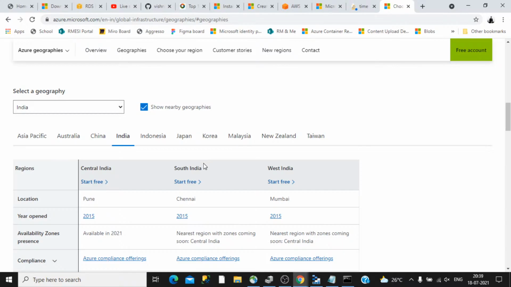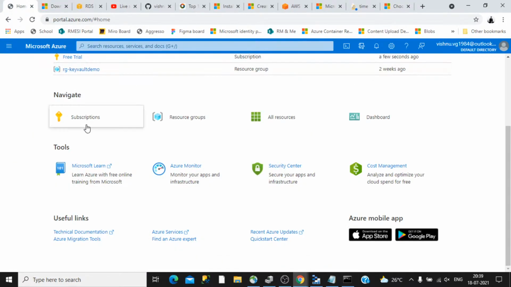But we don't have much clue about where exactly the cloud provider is storing this or where their data center is. They provide a location like Chennai, but we are not sure exactly about that. If you look into the Azure portal, you won't get any details about those kinds of things.